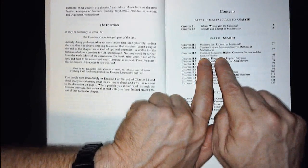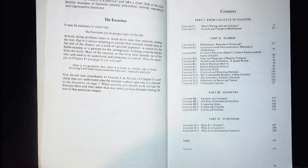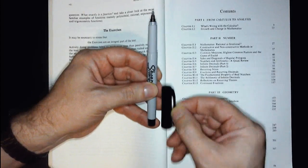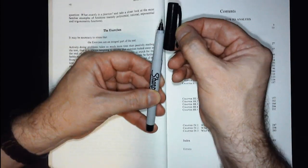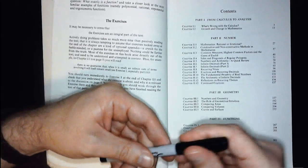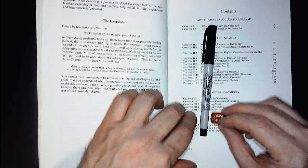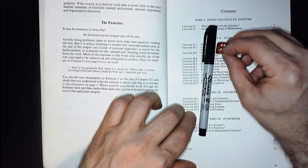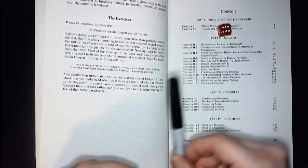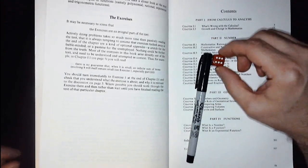When we get to common measures, this is sort of a weird thing, right? When you start off thinking about how to measure things, you'd say, okay, this Sharpie is 1, 2, 3, 1, 2, oh, it's a little bit more than 2 and a little bit less than 3 caps wide. It's easy to have an idea about measuring when your standard, 1, 2, 3, 4, 5, 6, 7, 8, 10, 11, is exactly perfect for constructing your length, right? So you'd say the Sharpie is 11 dice long,